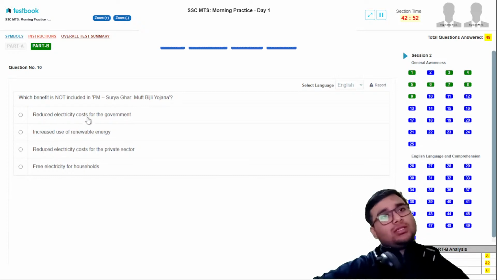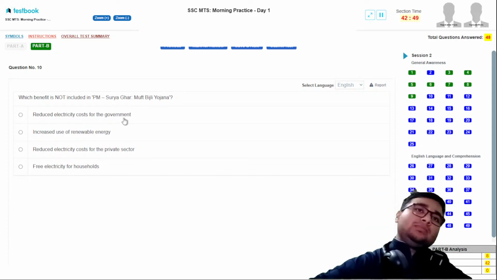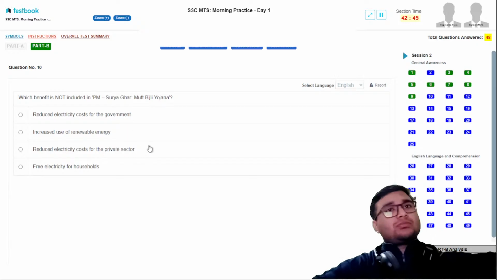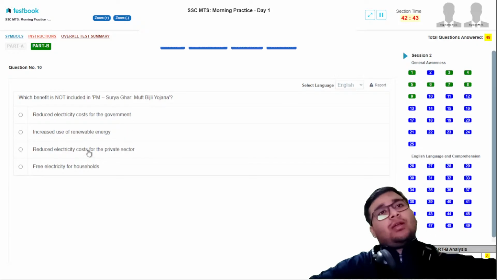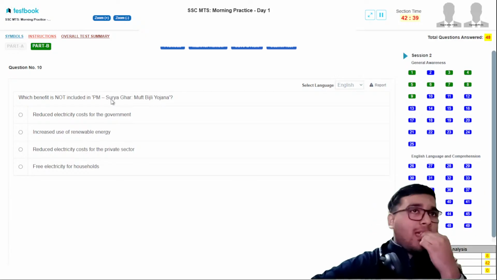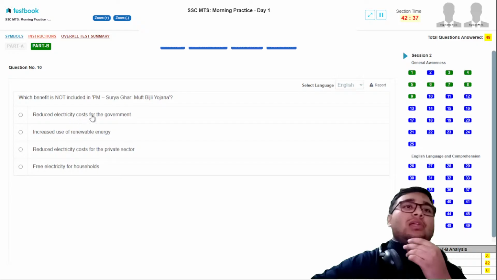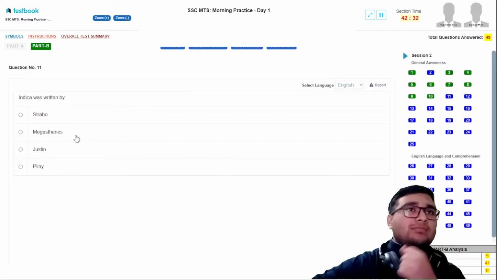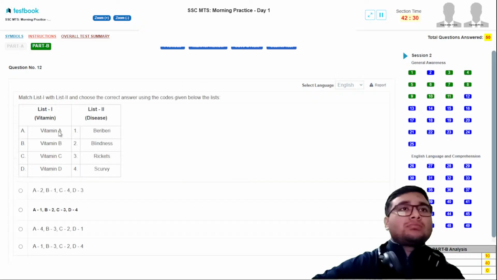Reduce electricity cost for the government, for private sector. ये मुफ्त बिजली योजना, सूर्य घर घर है तो प्राइवेट सेक्टर, इलेक्ट्रिसिटी का और गवर्नमेंट का तो कम होगा, इनका कैसे कम होगा? E4 है ना, कैसे दे रखा है साला।